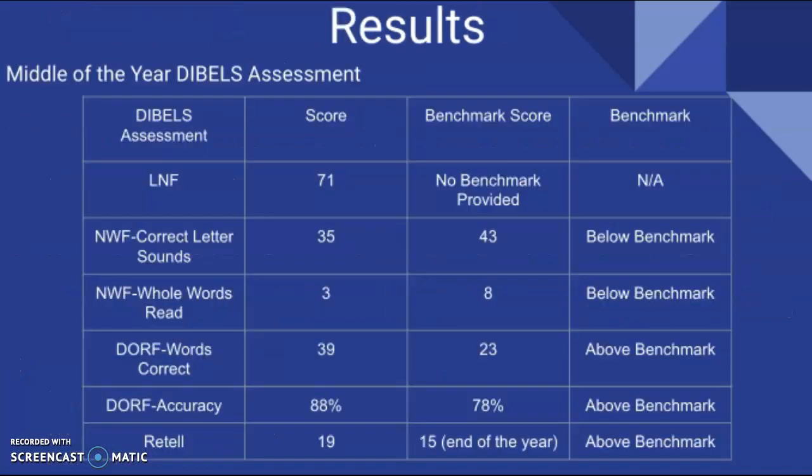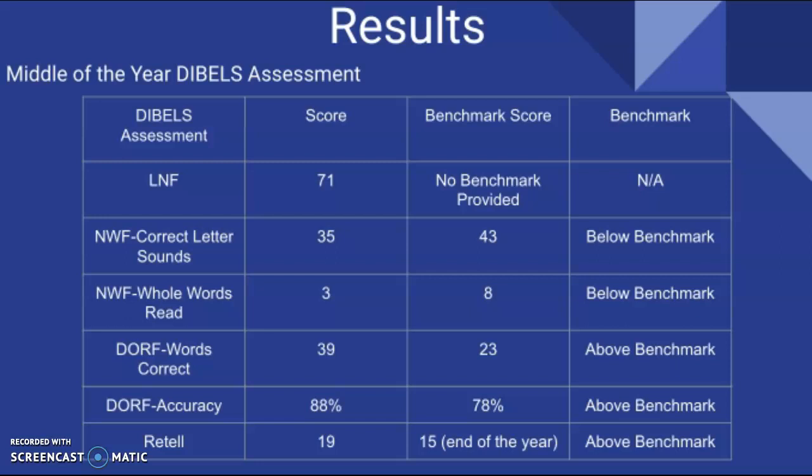Here is a table of Susie's results compared to the middle of the year benchmark scores for first grade. This assessment was given in April, which is nearing the end of the year, but not quite there, so it should be expected that the scores are a bit higher than the middle of the year benchmark scores. There's no benchmark for letter naming fluency, so it's more subjective and is a bit more up to the teacher if they think that the student is at risk. So Susie scored a 71 for this, which seems to be good, or at least fairly average.